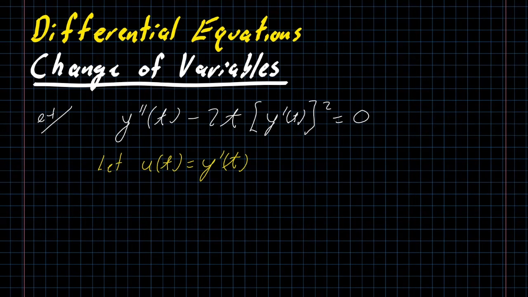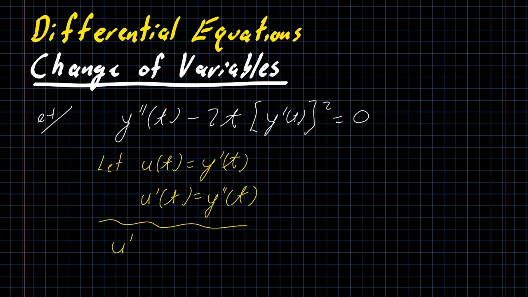I'm going to make the substitution, let u of t equal y prime of t. So in this case, I am changing the function that I'm working on. The reason that is a powerful technique in this particular case is that my differential equation has y prime and y double prime, but not y itself. And the fact that that other function is missing will allow us to simplify quite a bit here. If I differentiate both sides of this definition, u prime of t is simply y double prime of t. That's pretty convenient. So we can substitute in, and we get